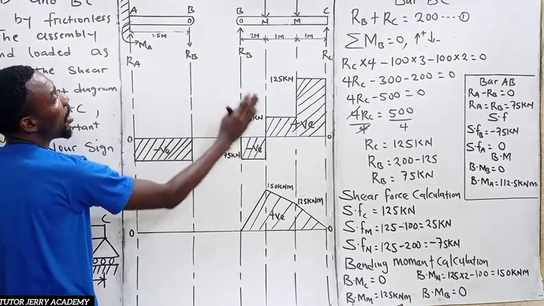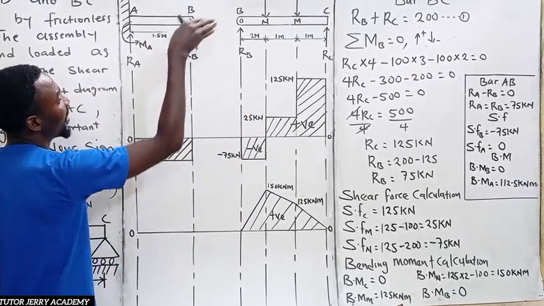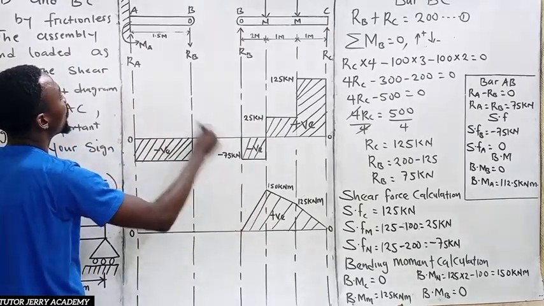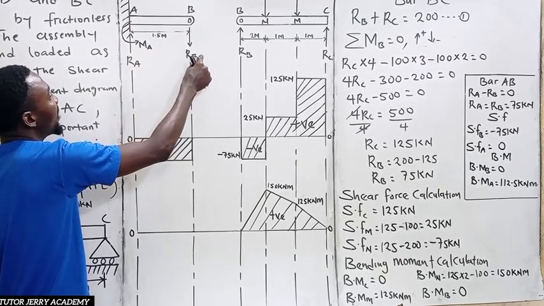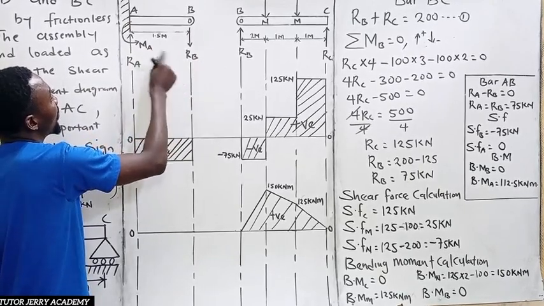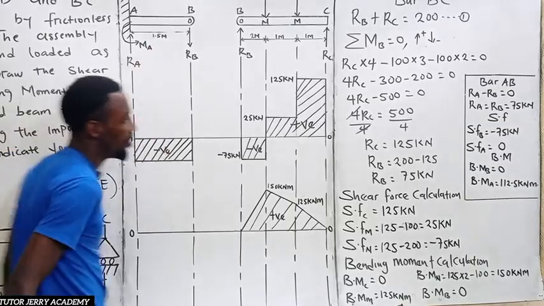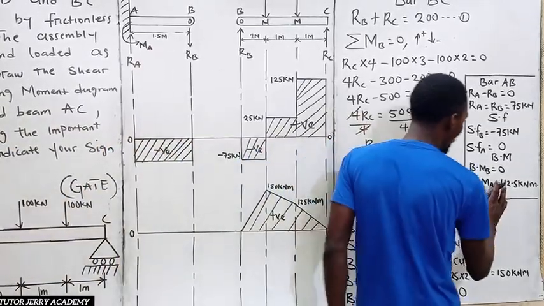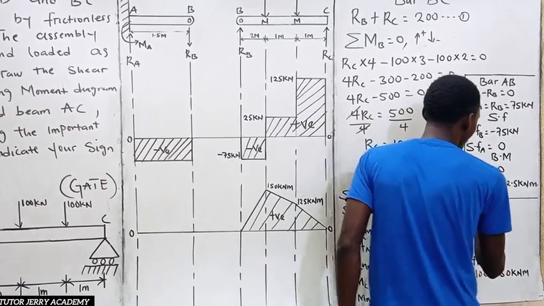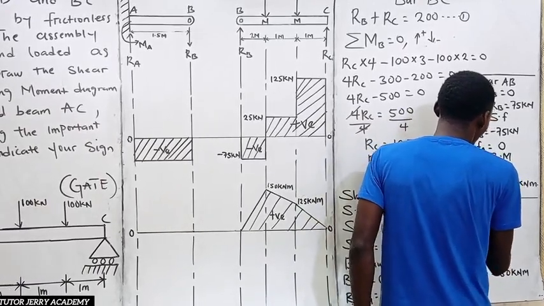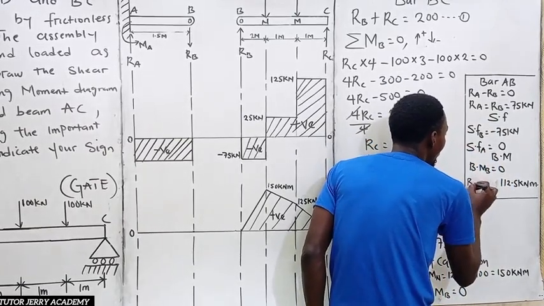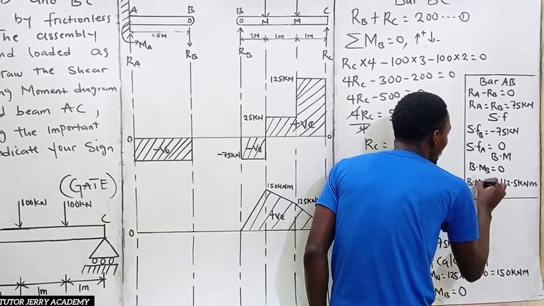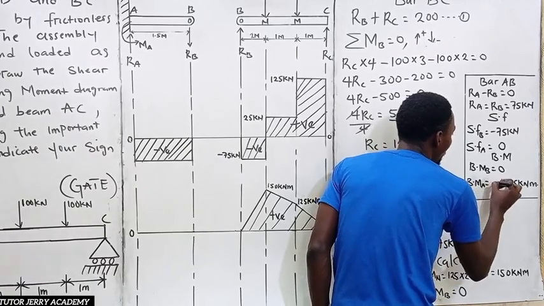We said our upward force should be positive and our downward force will be negative. So if we are taking moment about this point, this is a downward force, so it's going to be negative: RB multiplied by 1.25. So here is going to be negative, minus. So the bending moment at point A is going to be equal to minus